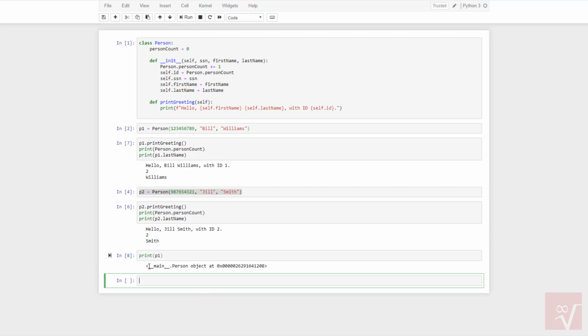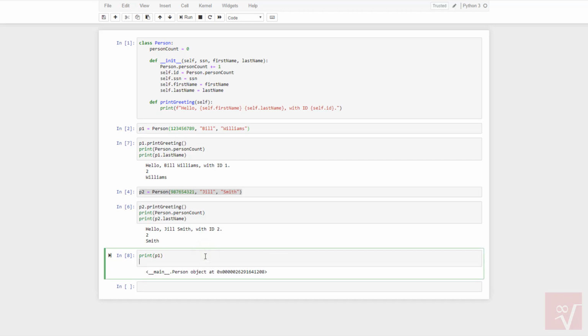Well, right now it just says it's a person class and it's sitting at this memory location. So it's not particularly useful to print this. However, when we print other objects like arrays and other things, you'll notice that it actually prints the data of the object and not this kind of ugly message